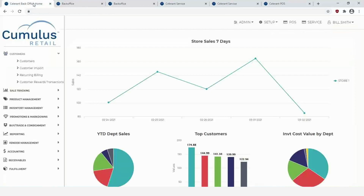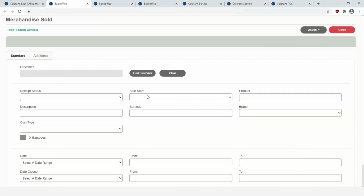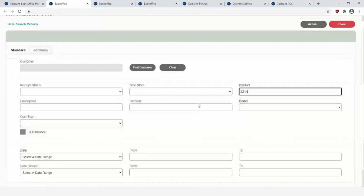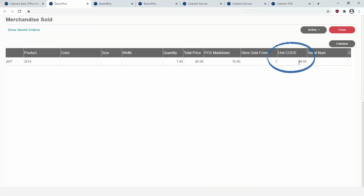Scroll back up. And one other place that I'll see this change is under the sales tracking under merchandise sold. If I bring up that item that I just sold, and this is the item. If I scroll over to the right, you'll see here my unit cost of goods sold is $68 as well. So basically, when the consignment item is sold, it's looking at the actual selling price and then updating the records so that the proper cost is being recorded on the product, and on the cost of goods sold,